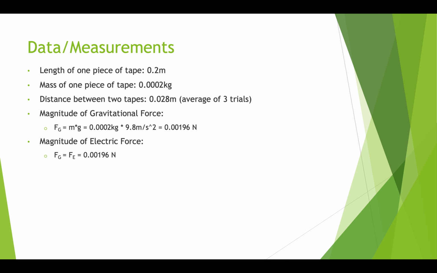So now, we will look at the data and measurements performed in the lab. The length of one piece of tape is 0.2 meters, and given that the mass of clear tape is around 1 gram per meter, we can calculate the mass of one piece of tape to be 0.0002 kilograms. The distance between the two tapes is approximately 0.028 meters, which was calculated after averaging the results of 3 trials. In order to calculate the gravitational force, I simply multiplied the mass of the tape by the gravitational constant to get